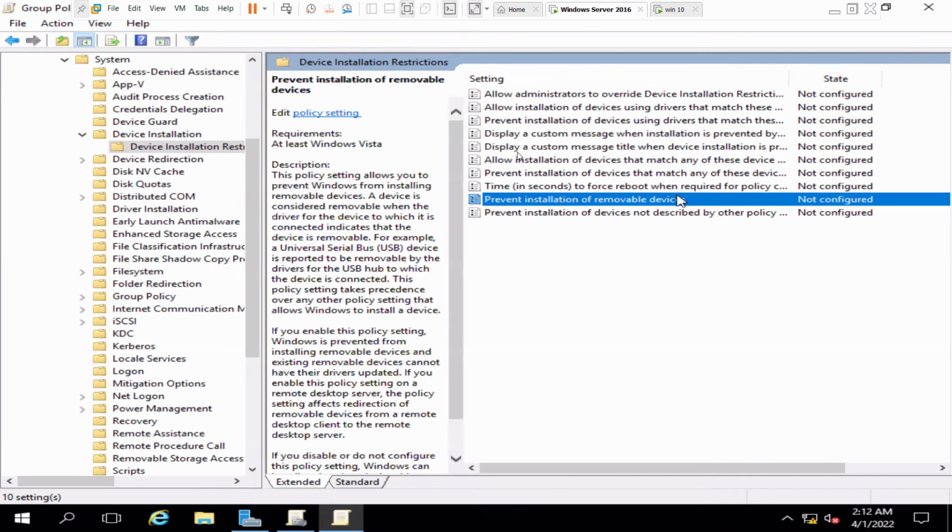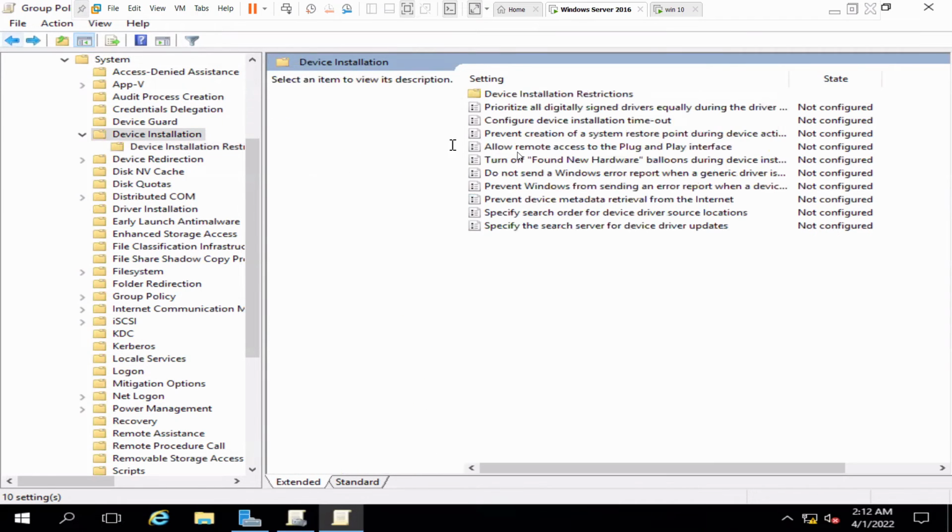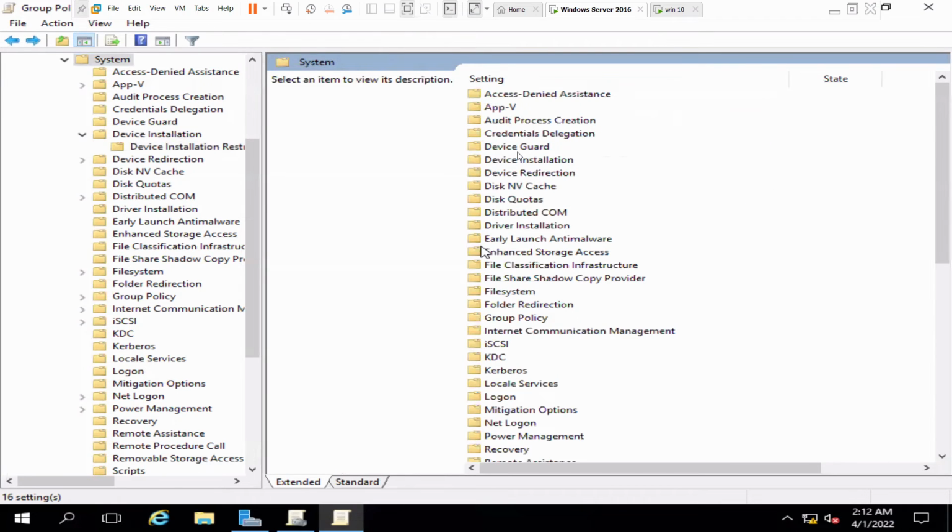Prevent installation of removable disks, that thing. So this is a different thing. Okay, I want a different policy. So removable disks, there will be a policy named removable disks. So it will be present on